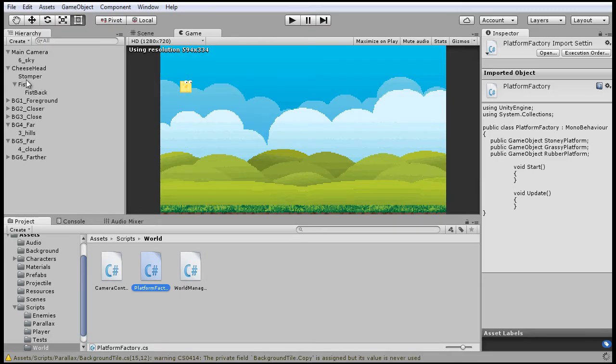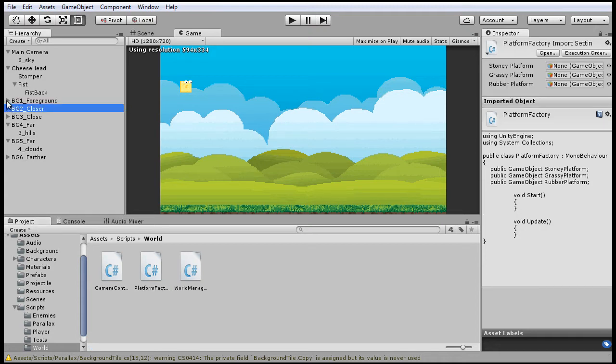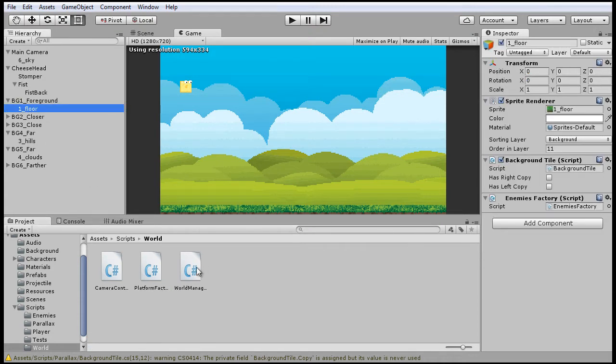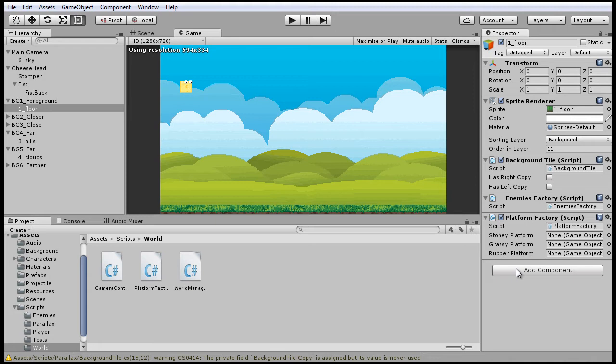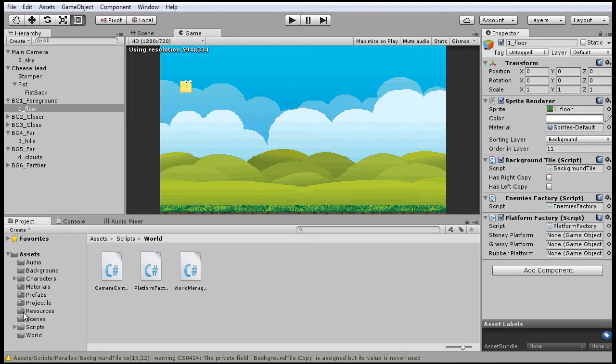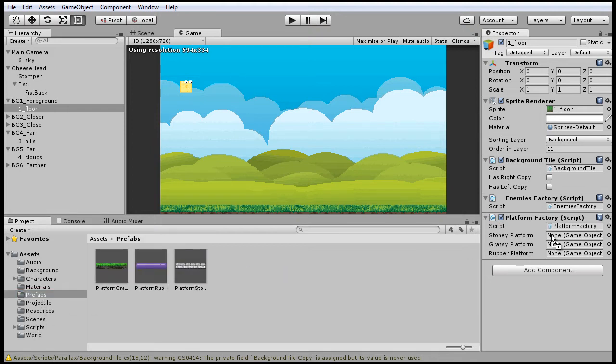And back in the inspector, on the floor game object, we'll put this. It's going to want those game objects, so in the prefabs folder, just click and drag stony, grassy, and rubber,